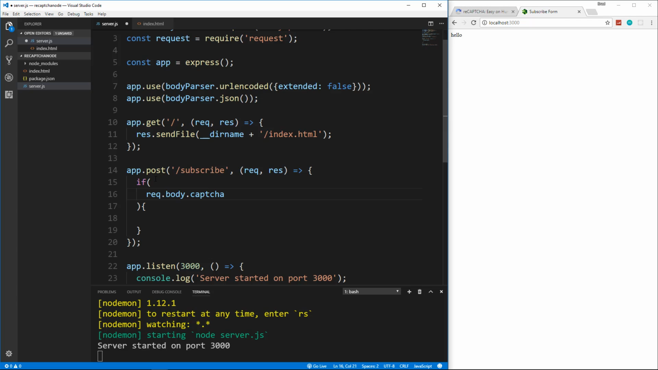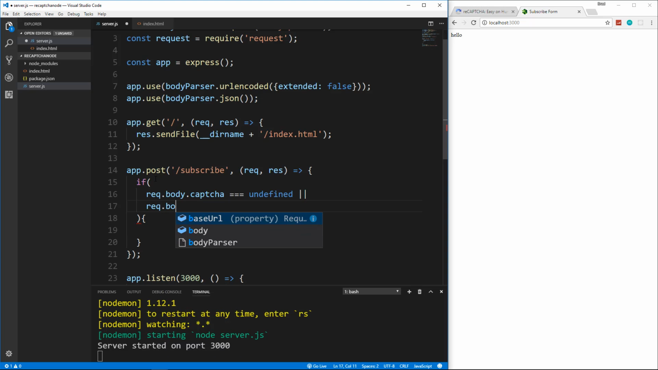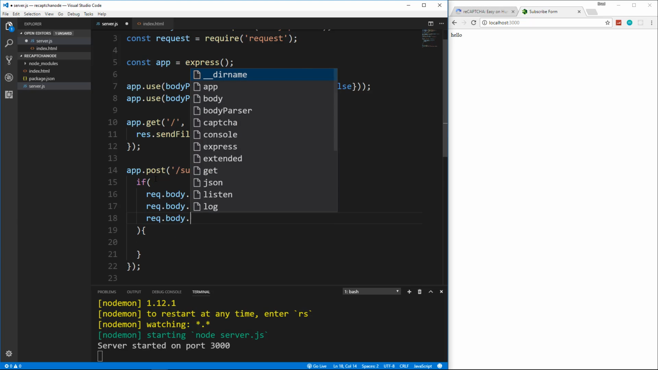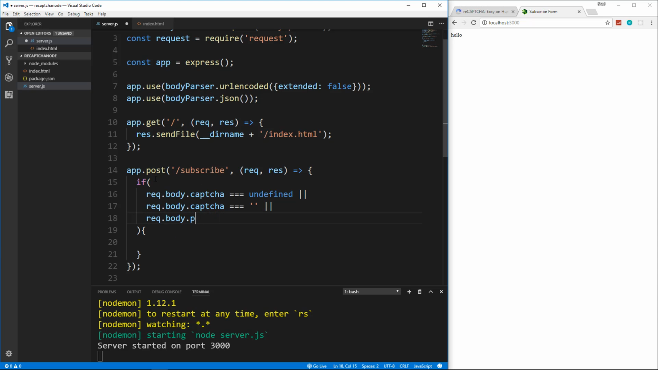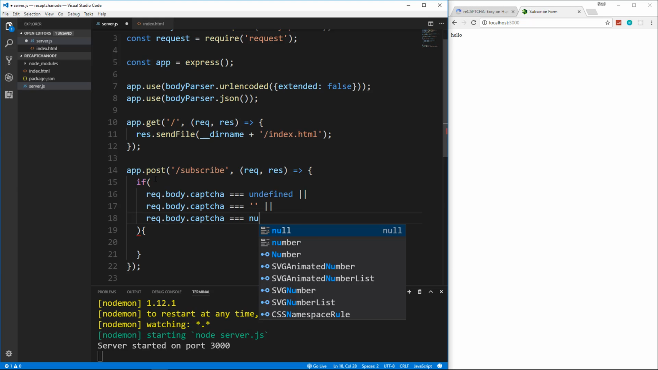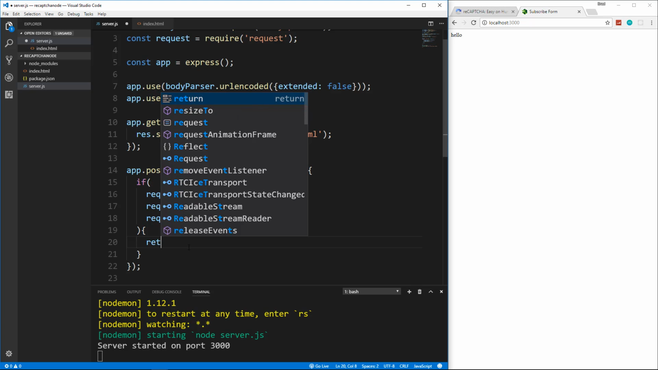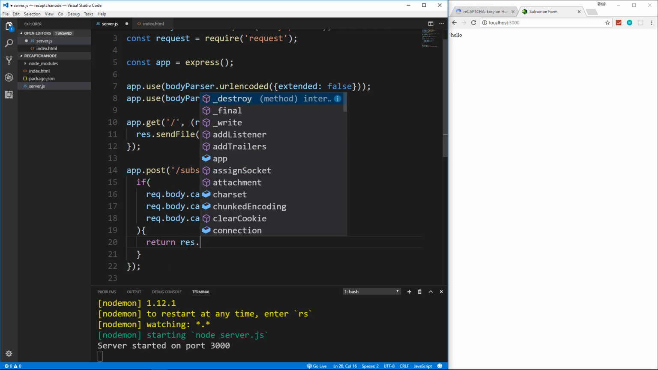request.body.captcha is equal to undefined, or request.body.captcha is equal to nothing, or request.body.captcha is equal to null, then what do we want to do? We want to return res.json,